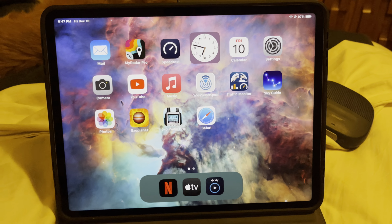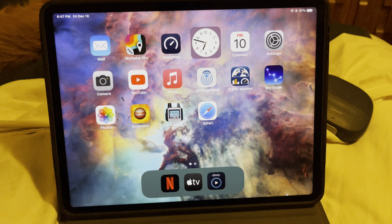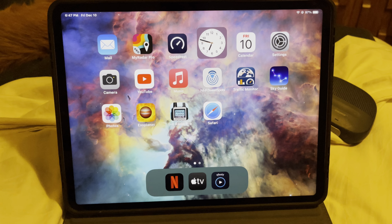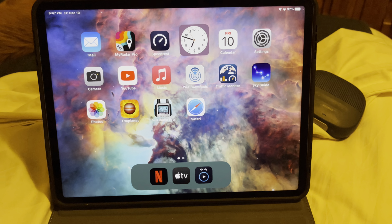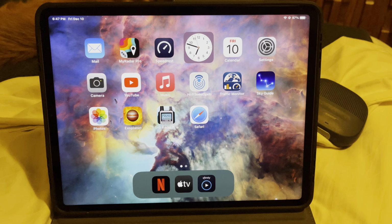Yes, the videos do use more storage, but I've got a 2 terabyte iPad and a 512 gigabyte iPhone 12 Pro Max. That's more than enough to store a 4K movie, but I have to sync it or push it in. However, now I can't because my laptop crashed and I didn't go buy another one, and I don't need to buy another one when these pretty much do everything a laptop will do, except I don't need to go buy a laptop just to sync a 4K video into my device